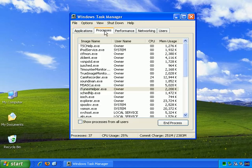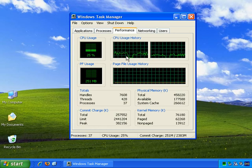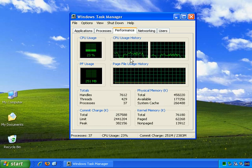Generally, Task Manager is most useful for closing down applications that aren't responding, and maybe for having a look at processes, and maybe having a look through this to close down processes that you're comfortable closing down, perhaps checking the performance if your computer is acting a little strangely. But most usefully, when your computer really is behaving strangely and you need to restart, rather than actually just holding down the power button to restart, you want to do that as a last resort